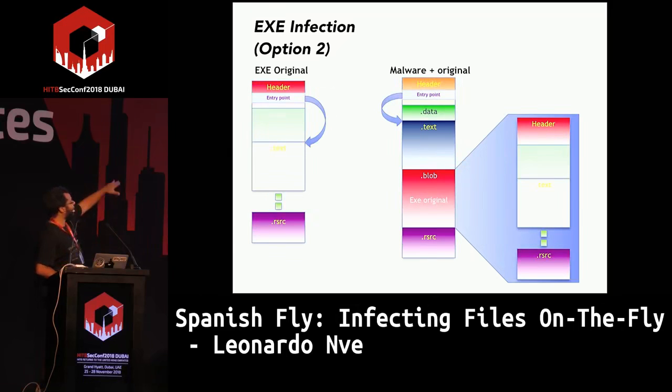You have the original file and you put that file inside the malware, and then to the malware you add a copy of the resource section. With that, the malware will have the icons of the original one, and it can copy that blob section outside to an external file and execute that.